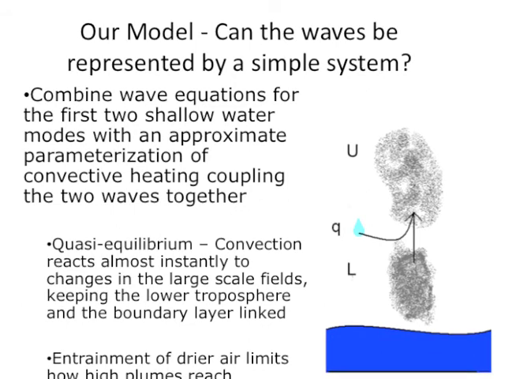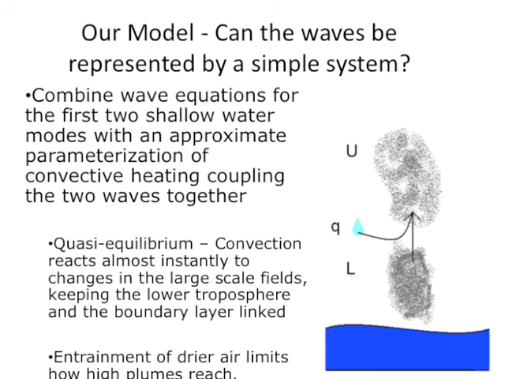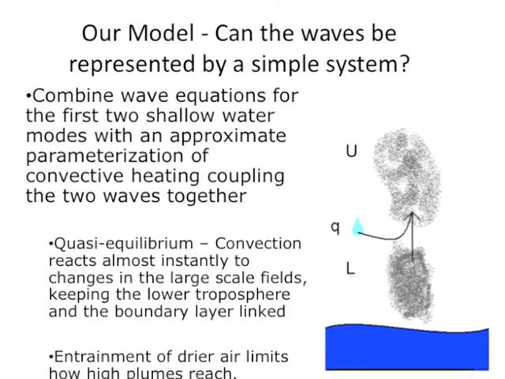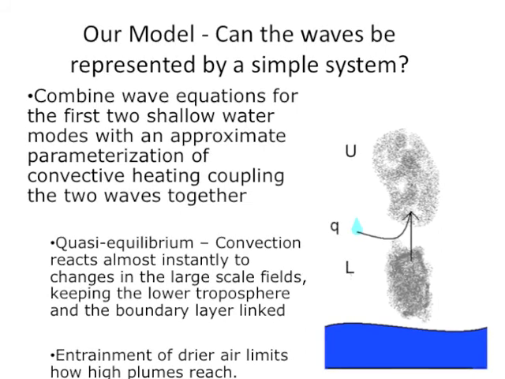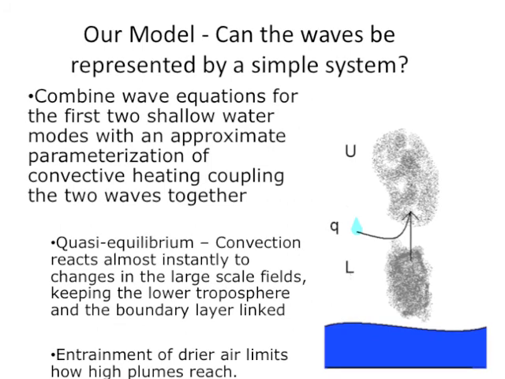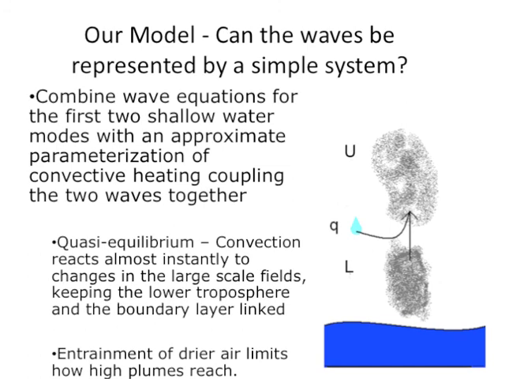These waves are not well represented in the very complex global climate models that we use these days. You can look at the spectrum they produce, and it doesn't tend to look like reality, which we think means there's something missing in their treatment of convection. So what we're trying to do is find a very simple system where we know exactly what's going on,